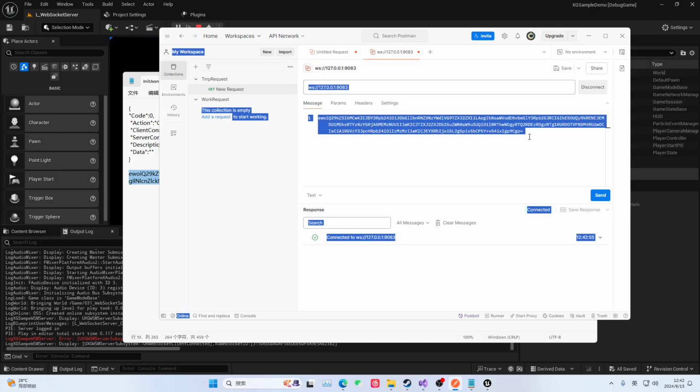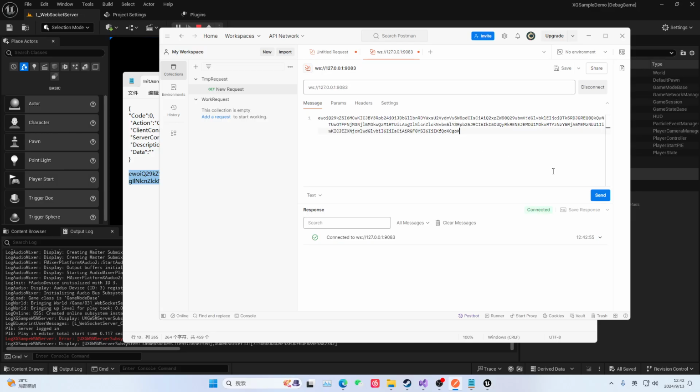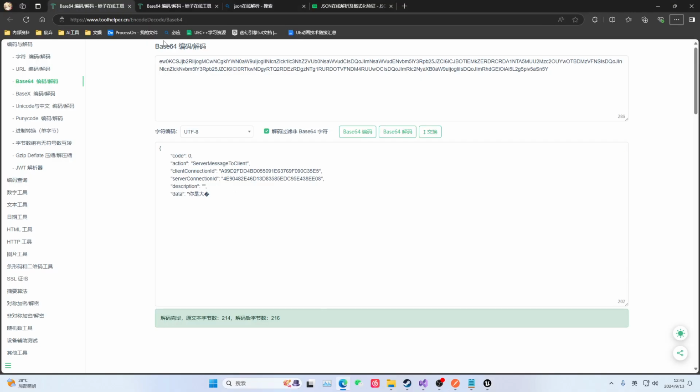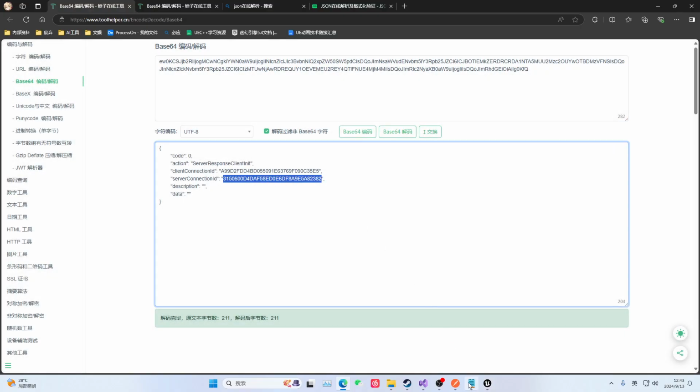So our first step is to connect first. Connect, then we delete this. Then we have successfully initialized. Then we need to decode this information here to get this server id. After getting the server id,